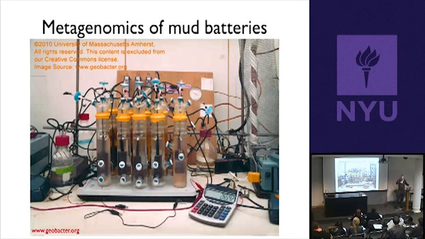And the reason it creates electricity is that, again, instead of using oxygen, these guys use something else basically to breathe, right? And they're not breathing oxygen, they're not breathing sulfur. What they're breathing is iron, okay? And so just by the fact that they're sort of using iron in their metabolism, they create an electrical current, right? And so if you stick two wires in, you can harness that current and actually make a battery, right?